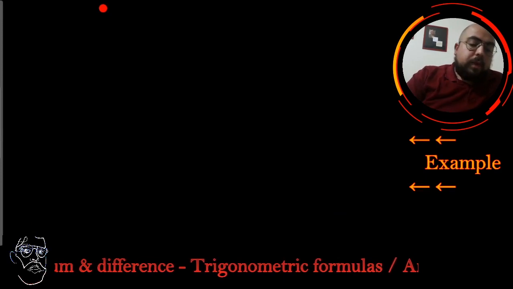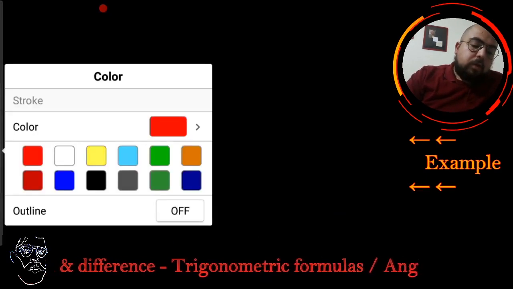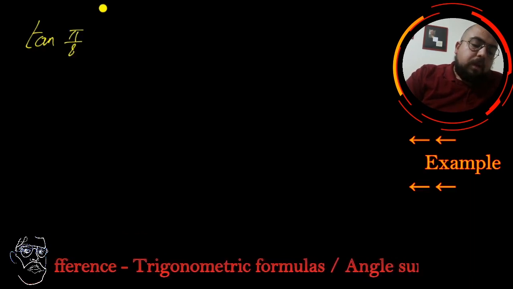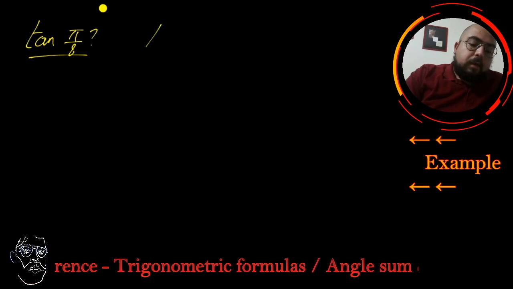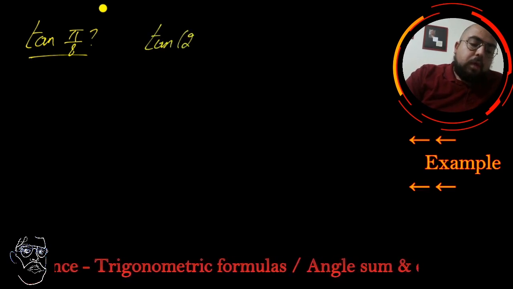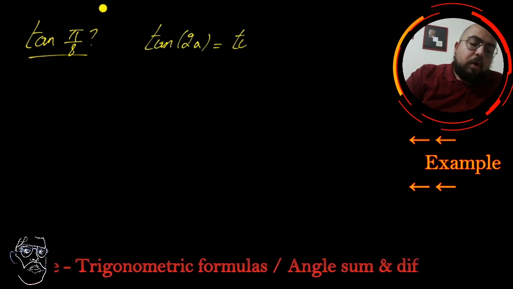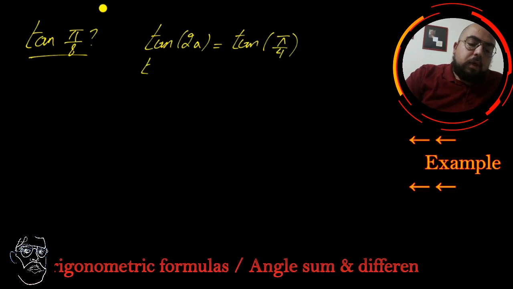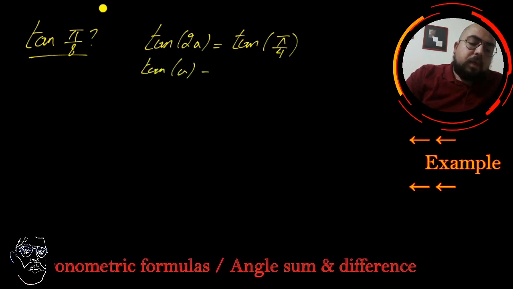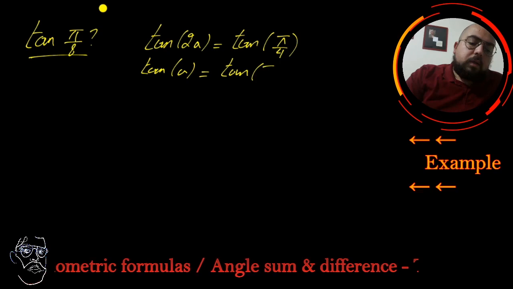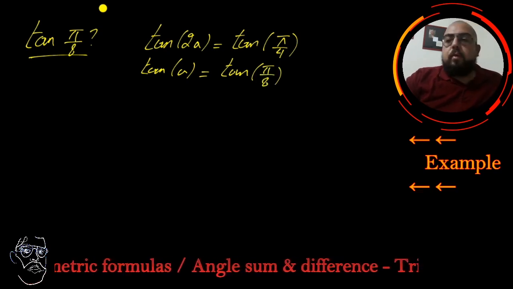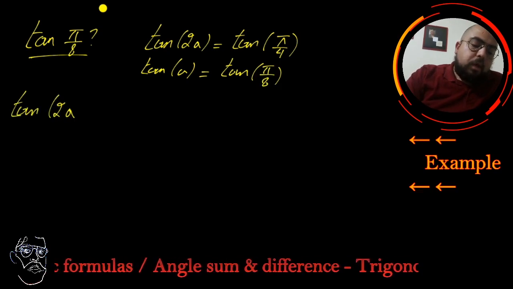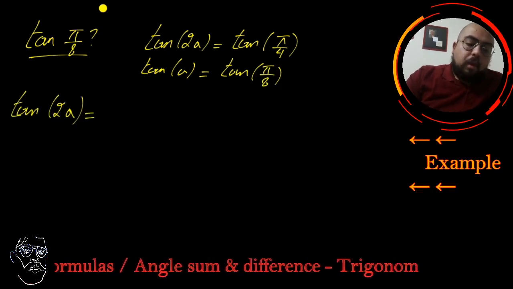Well, what about another example? Let's say I'm willing to calculate tangent of pi over 8. Again, I can consider that tangent of 2A is tangent of pi over 4. It's an angle that I know. It's the double of pi over 8. So tangent A will simply represent tangent of pi over 8. And you will use your formula. So I know that tangent of 2A is actually equal to